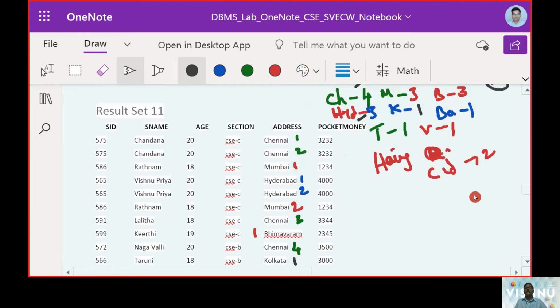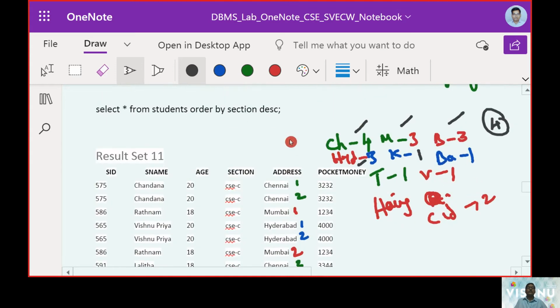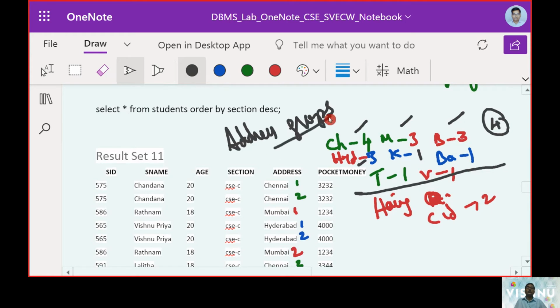So what are the different address groups? These items we are going to call address groups: Chennai, Hyderabad, Mumbai, Kolkata, Bangalore, Bhimavaram, Tirupati, Visakhapatnam. So these are all the address groups. Then the count should be greater than 2.